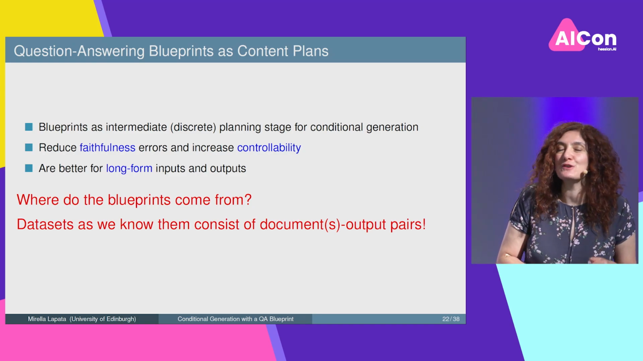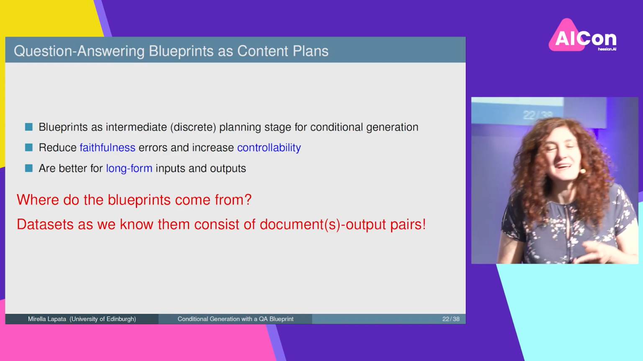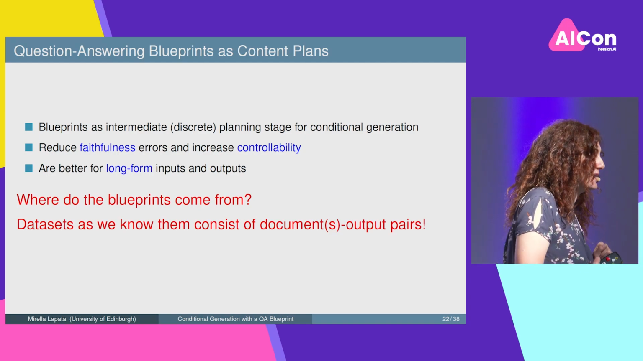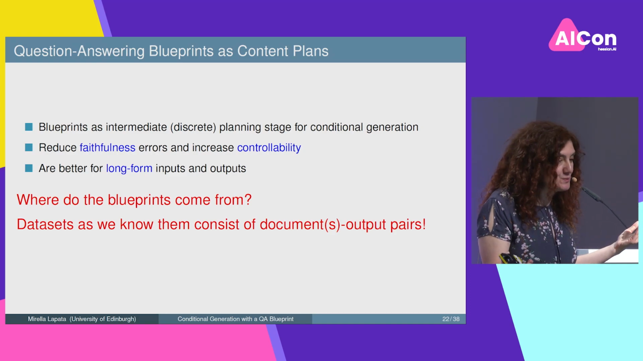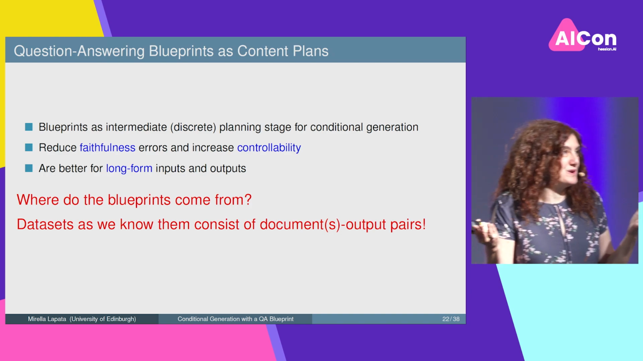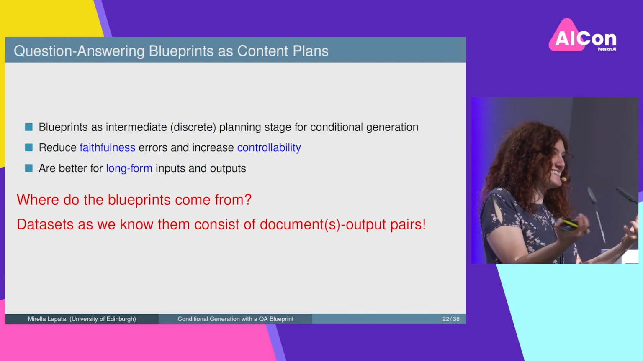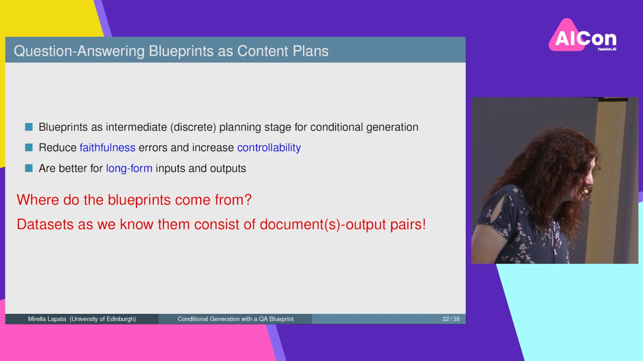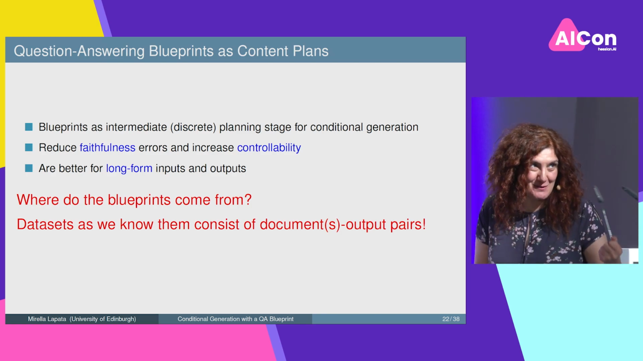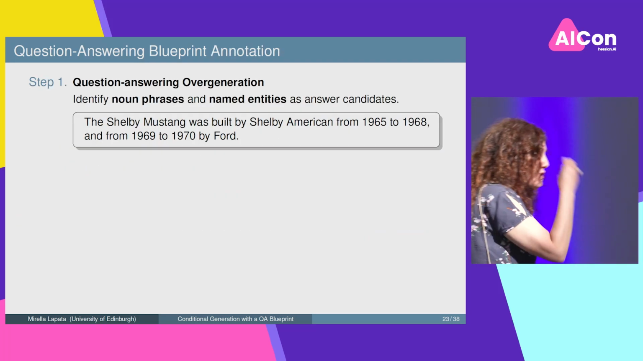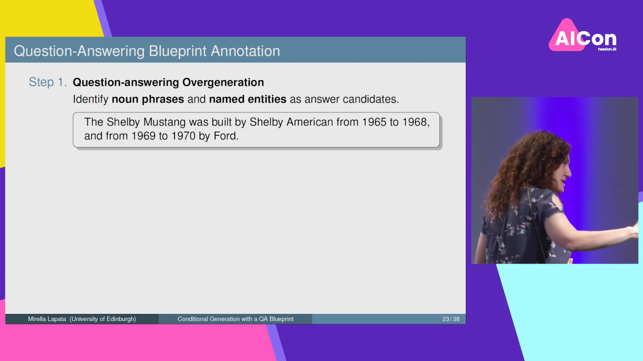Now, the question is, of course, where do these blueprints come from? Because data sets as we know them, and I've introduced them in the beginning, are input-output pairs. You know, the Xs and the Ys. There are no blueprints. So, of course, and this is the negative bit, we actually need to create the blueprints. And it's not trivial to create them. I mean, it is not difficult, but you need to think about it. So I will show you how the blueprints are created